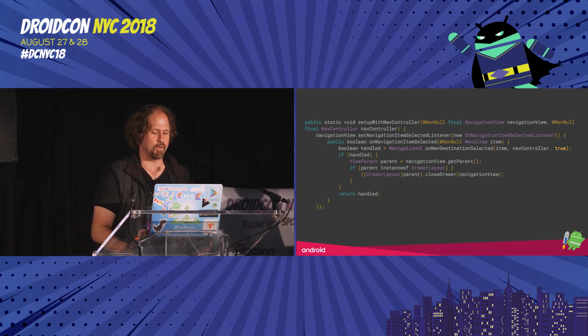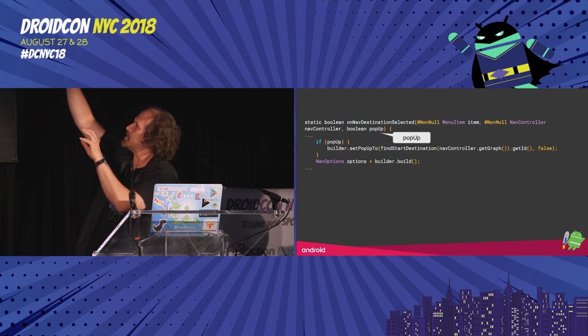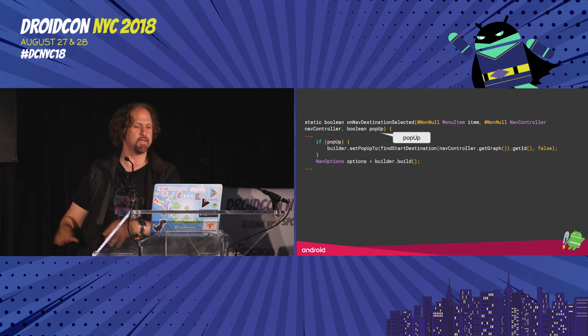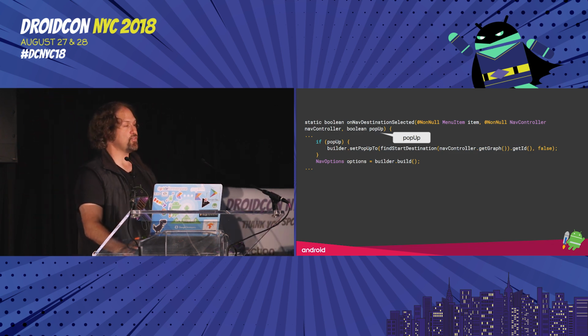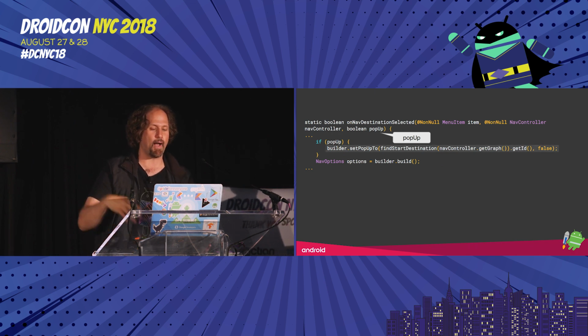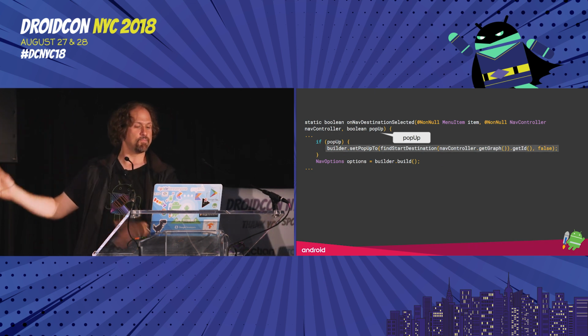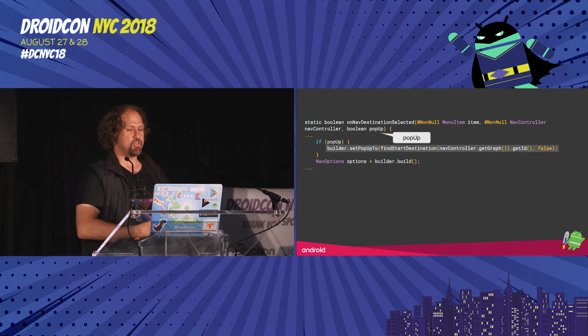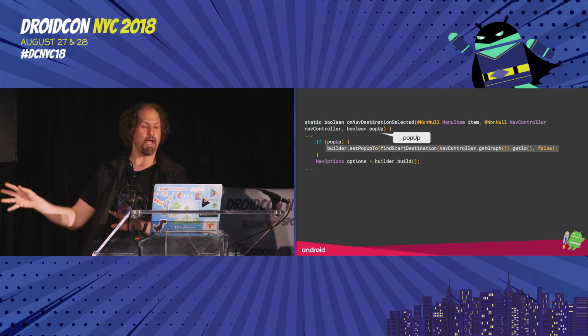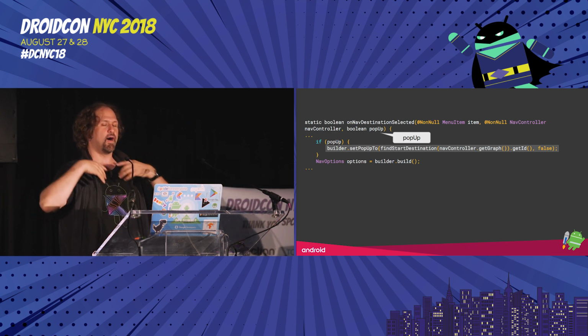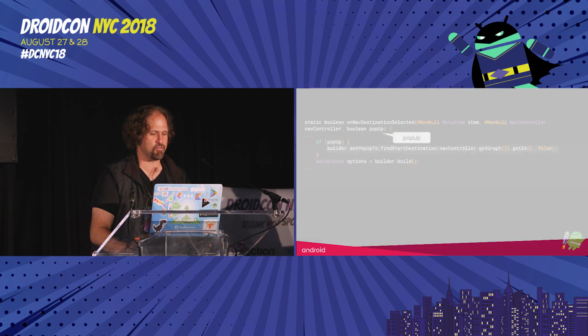I know it sounds like I'm contradicting myself here, but if you look inside of onNavDestinationSelected, that parameter simply makes the destination a top-level destination by automatically popping up to the start destination before adding the new destination using the public interface. There's really no magic here.